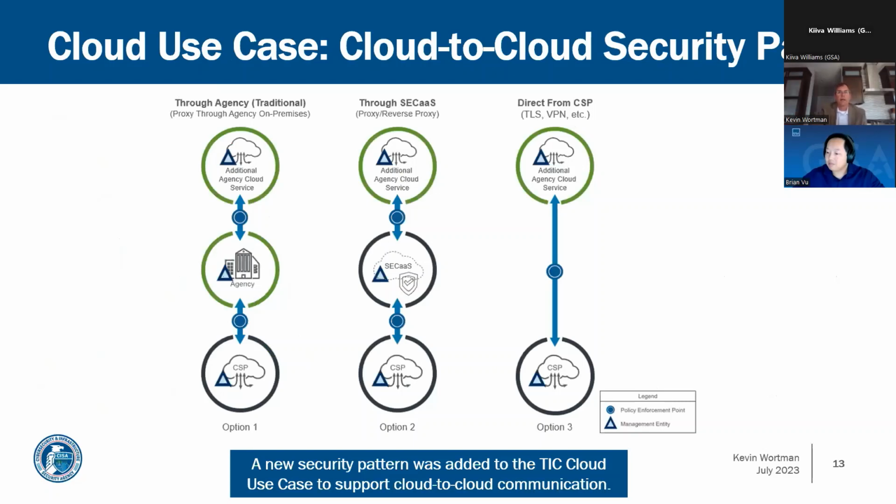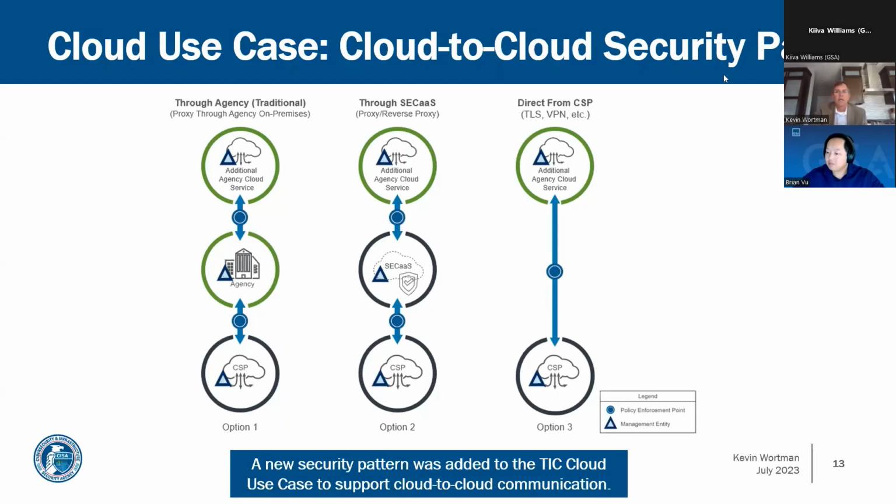Now we'll talk a little bit about the cloud-to-cloud use case that was added to the TIC 3 as part of the RFC. This is the new pattern. We got a lot of feedback that agencies wanted to know how to handle cloud-to-cloud use cases. And so this security pattern shows where agency cloud resources communicate with other agency cloud resources, either through user interfaces or programmatic